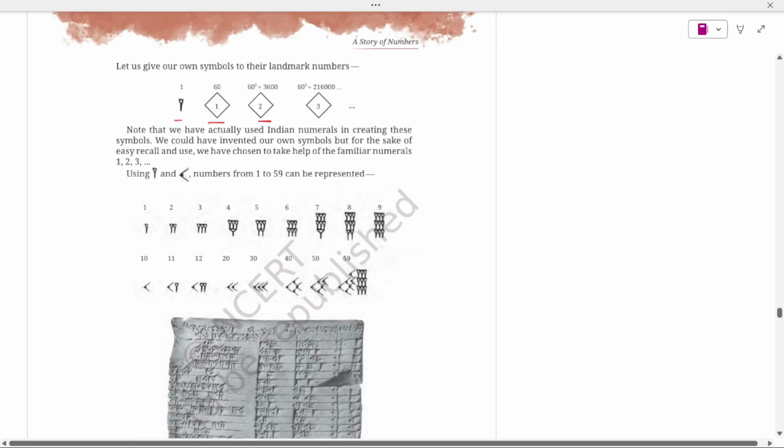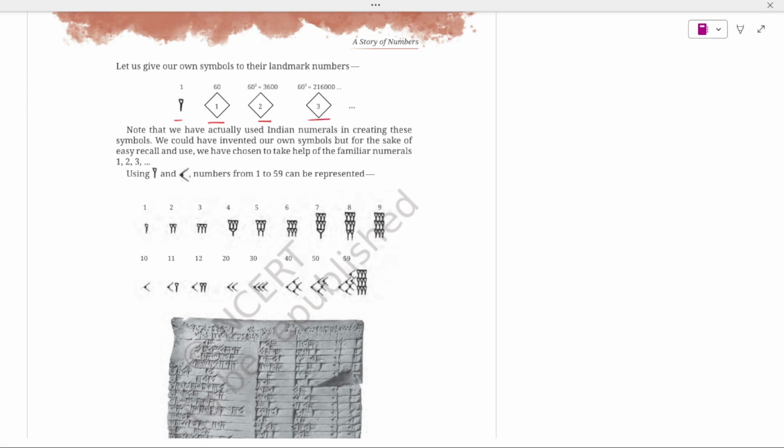So the symbols are for 1, 60, 600, and 60 cubed. And from 1 to 59, the numbers can be presented as 1, 2, 3, 4, 5, 6, 7, 8, 9, and 10 for this. So 11 will be like this, 12 will be like this, then 20, 30, 40, 50, and 59. So they have numbers up to 59. Yeah, and 60 is